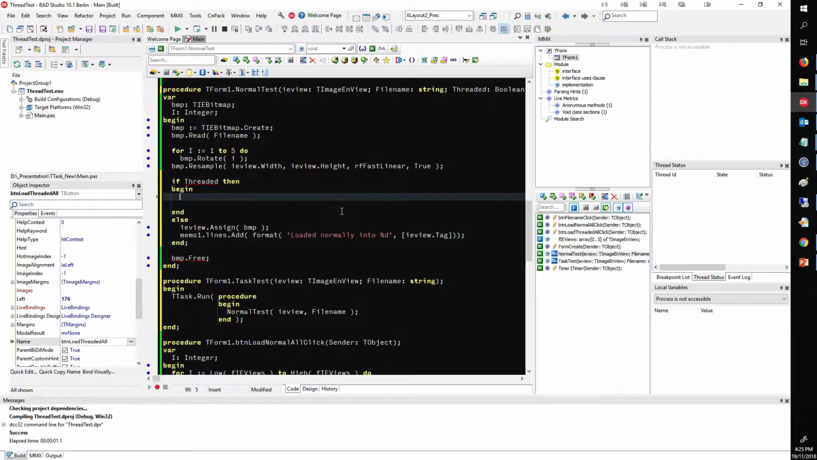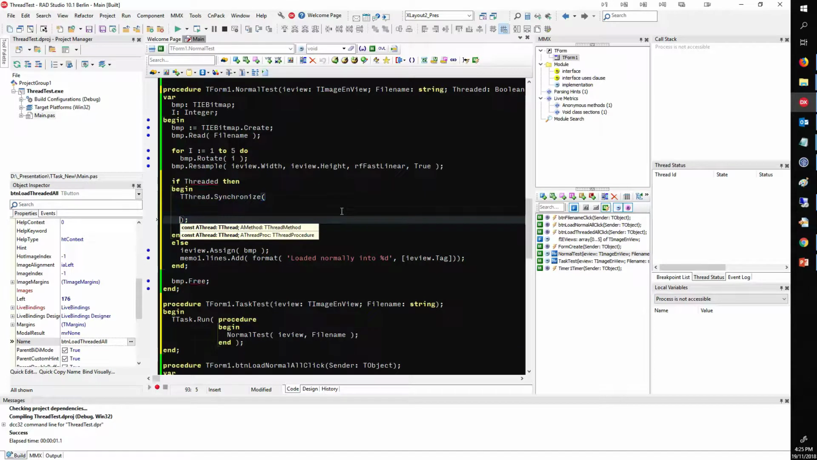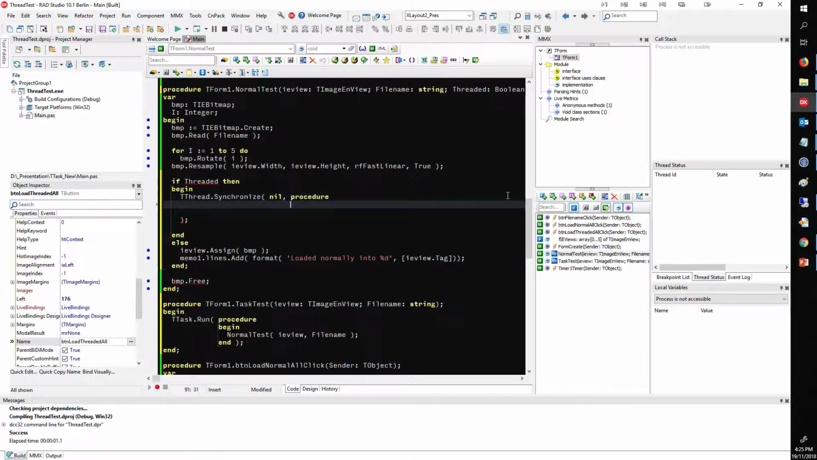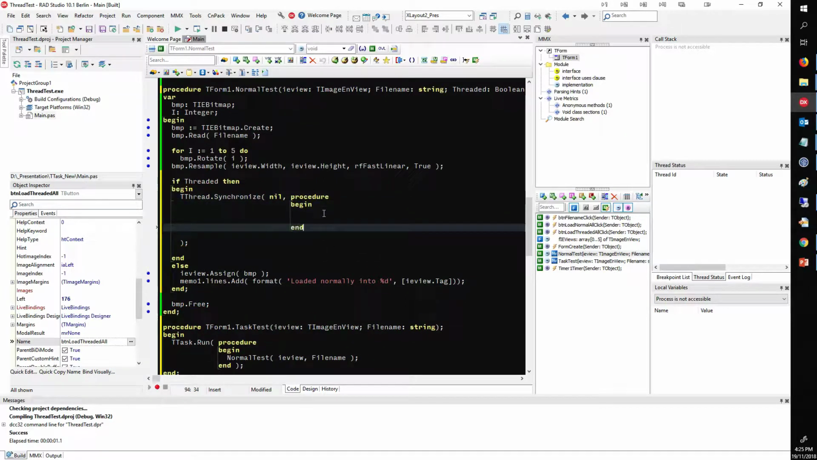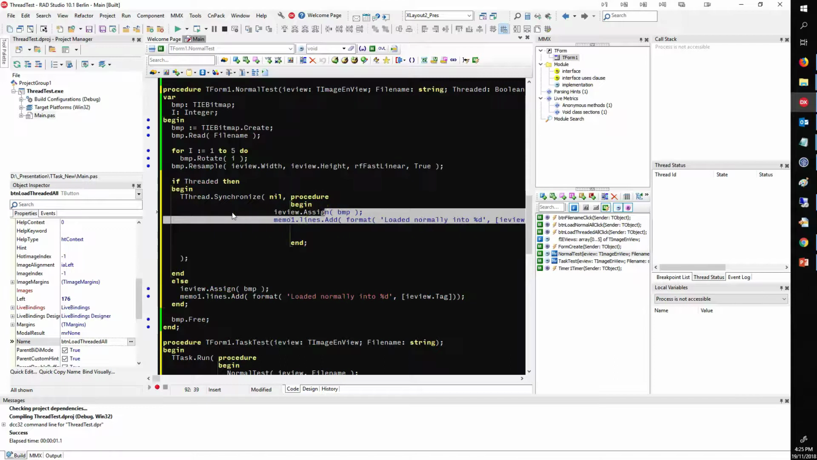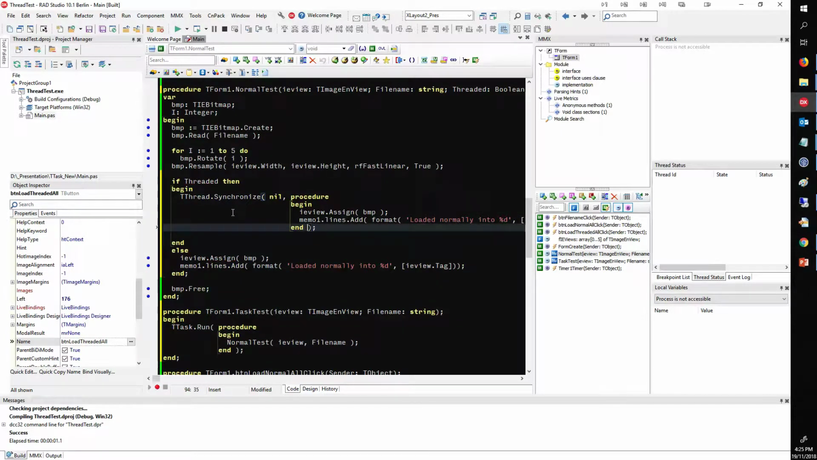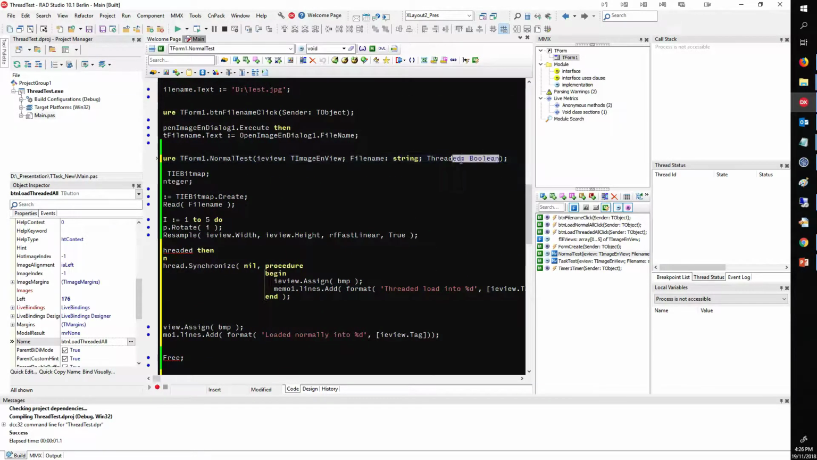Okay. So all we need to do here is to thread synchronize, and again we pass an anonymous method procedure, begin. And we can put the same code into it as this. Change our text. Okay, that looks correct. Let's copy our new parameter